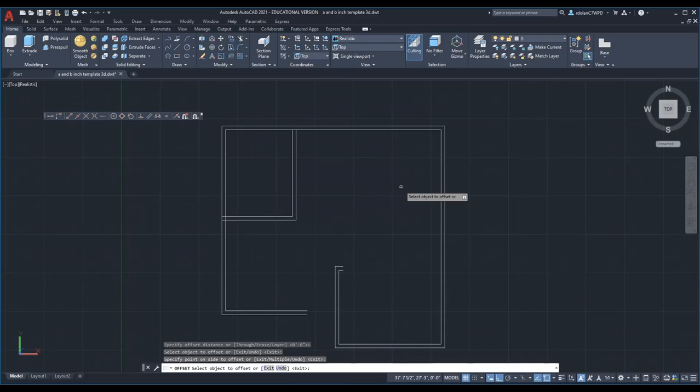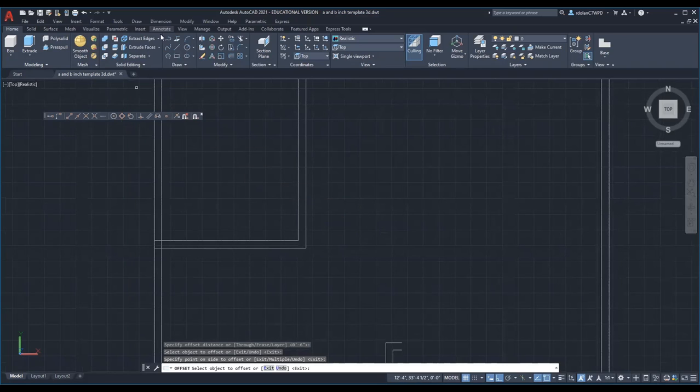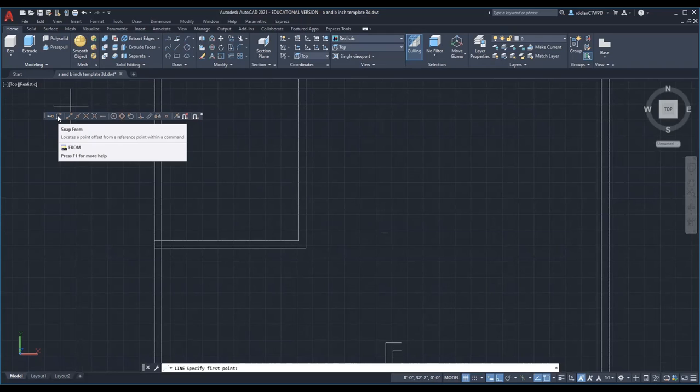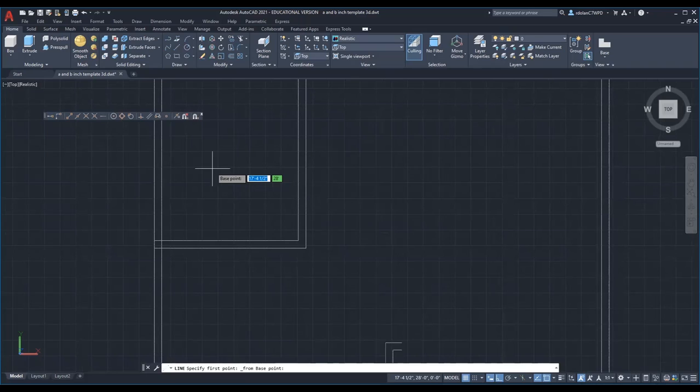Okay, all right, now I'm going to use the snap from command. So I'm going to draw a line. What I'm going to do is draw the little doorway in here. So I'm going to go to the line command. Okay, and up here I'm going to pick the one that says snap from. Okay, there's temporary track. This is snap from. Okay, and I'm going to pick from this corner right here. Now notice it wants to know what I want to offset. So I'm going to type in at,